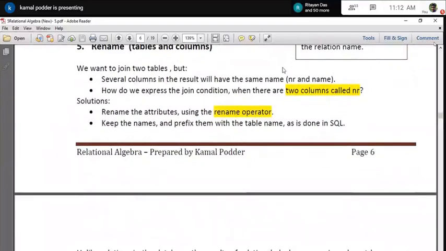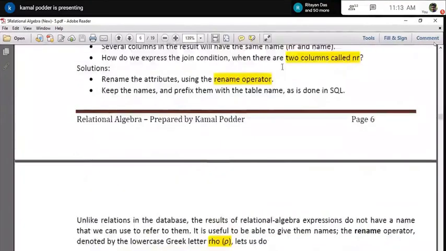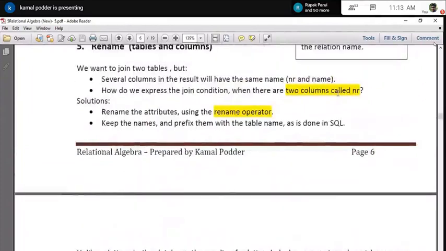Okay, renaming is most of the time required mainly for two purposes. When you are doing an operation and creating a result set where some of the column names are repeated, that is, that column exists in both tables or both relations. So when you are doing a join operation on that, both columns will come and both have the same name. How to handle the ambiguity in the next phase?